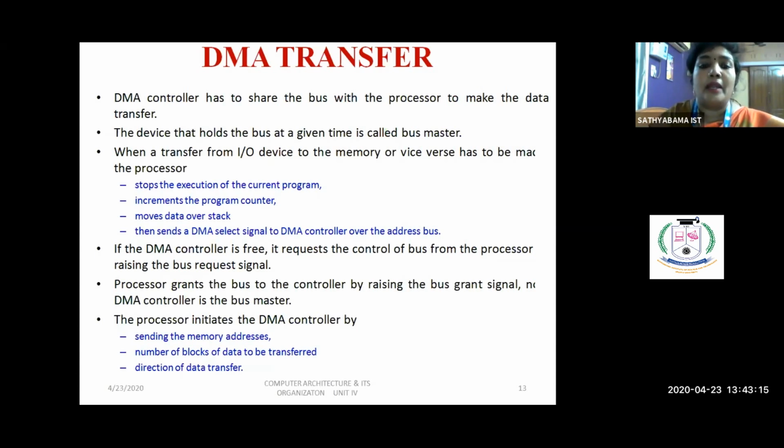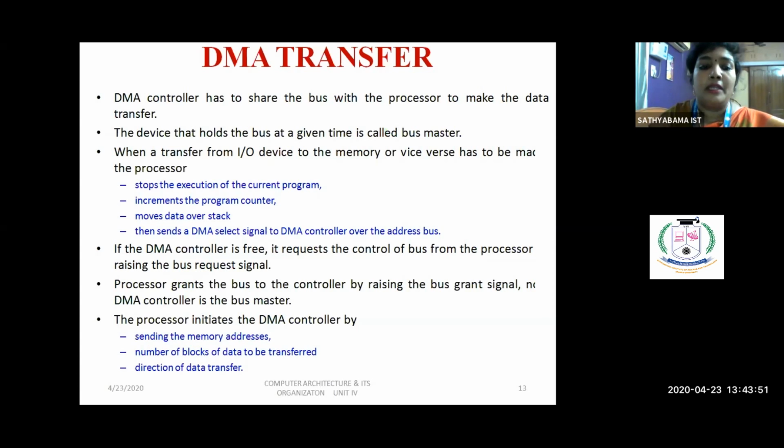If the DMA controller is free, it will request the control of buses from the processor by giving a bus request signal. When the bus request signal is received by the processor, it will relieve all the buses and give the control to the DMA by sending a bus grant signal.